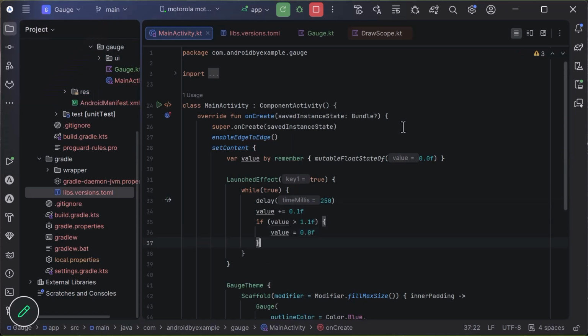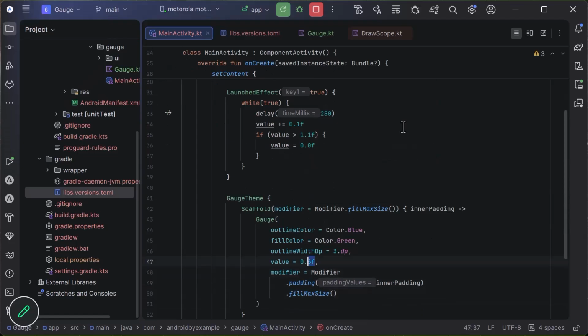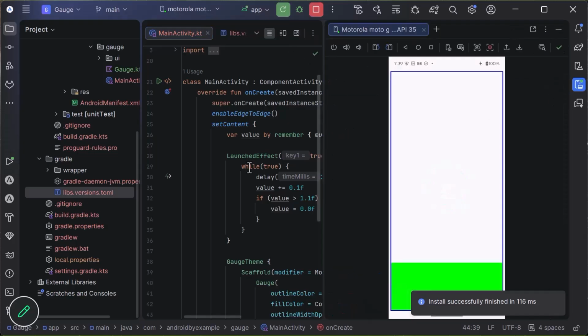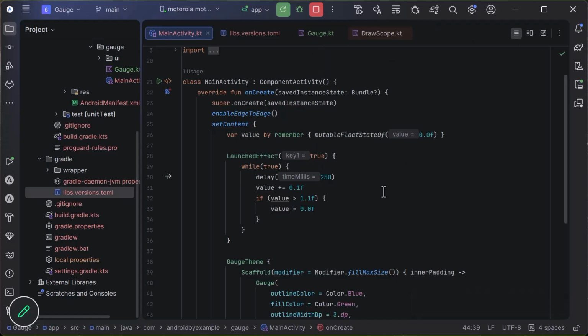And then now I'm going to go down here, and instead of that 0.6, I'm just going to pass in value. So that should animate our gauge for us. Let's just take a look at what it looks like. And there we go. So we're jumping up 0.1 at a time. We could make it a little bit smoother if instead of doing 0.1, maybe we say 0.05, and then